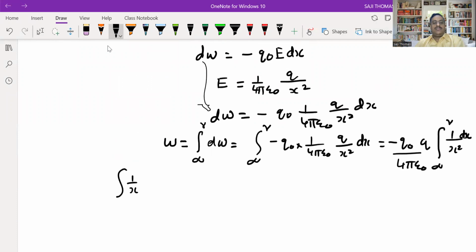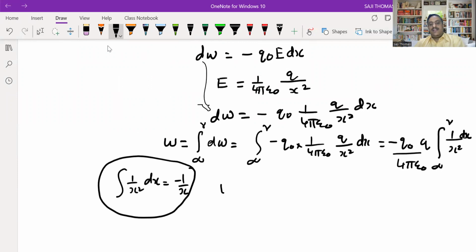Integral 1 by x square dx. What is the formula? Minus 1 by x. Standard result in integration. So we can write the work done. This work done, I am moving from infinity to R. I can write W infinity R. What is the equation? Minus